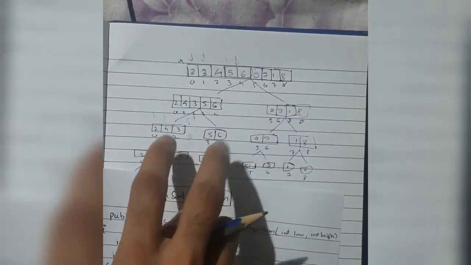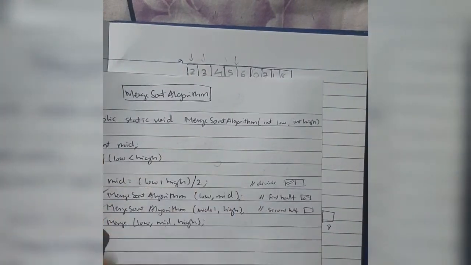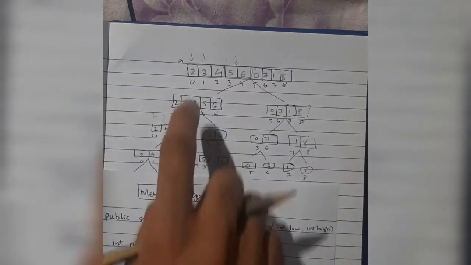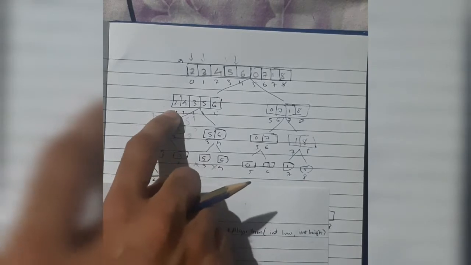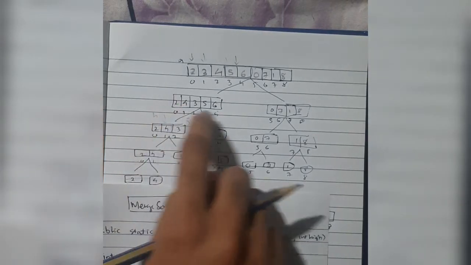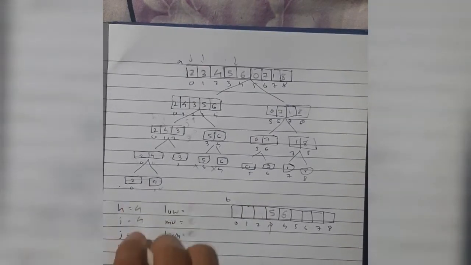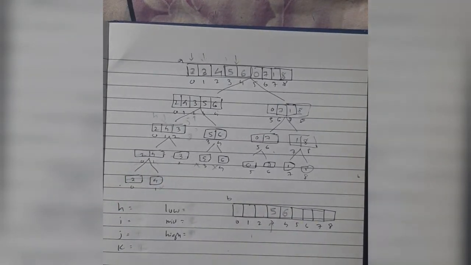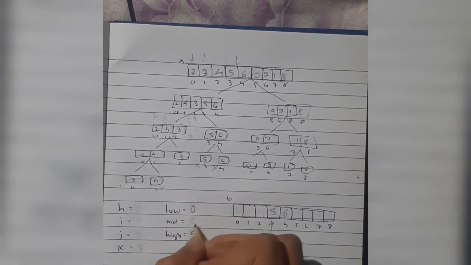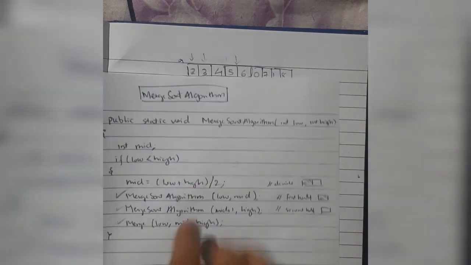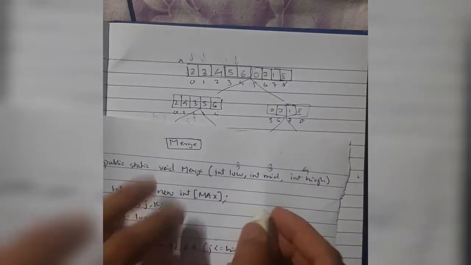Now we have to call the merge for the main array, merge for this array. Okay, since both this and this are over with these two lines of code. Okay, now we have to call the merge for this array. In this array let's update the low, high and mid values. Low is 0, high is 4, and mid is 2. Okay, now we are calling the merge for this array. Let's call the merge and update the low, mid and high values, which is 0, 2 and 4.